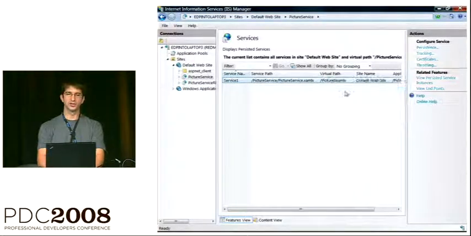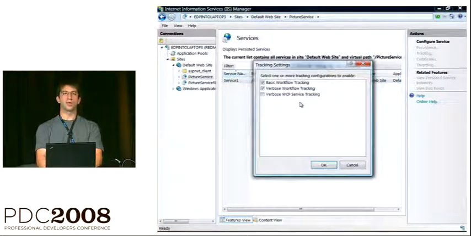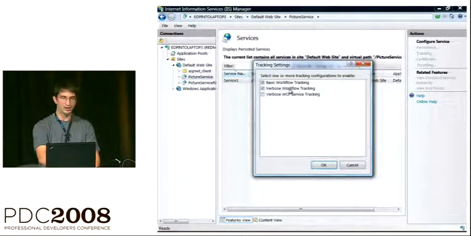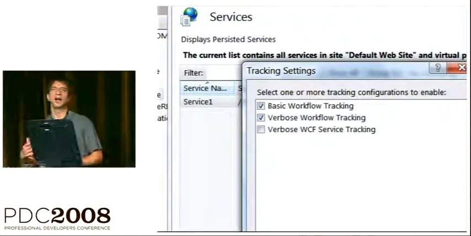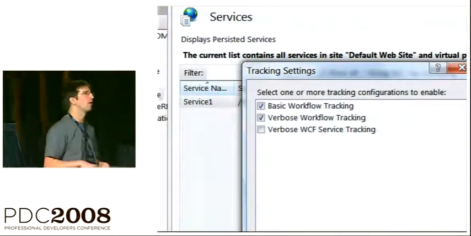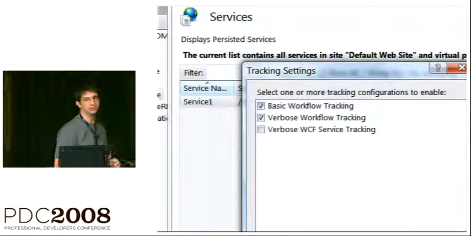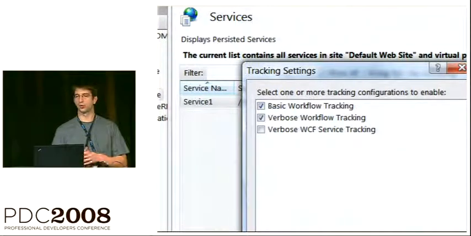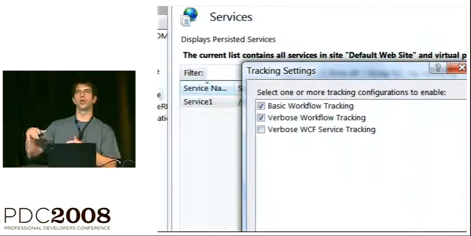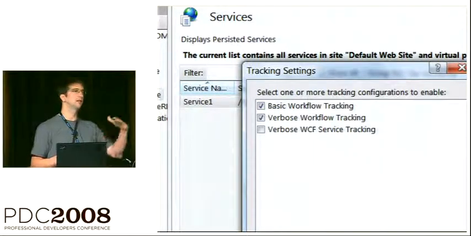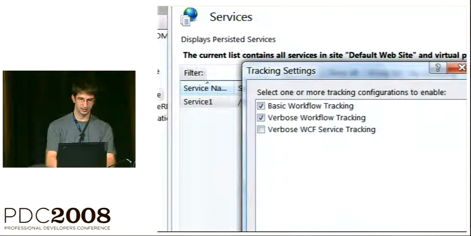The thing that I want to do is configure some tracking profiles. You can think of tracking profiles as just a set of queries that I want to evaluate as my workflow service is executing. I've got the basic workflow tracking and the verbose workflow tracking set up. Basic gives me workflow level events. Verbose gives me activity level events.